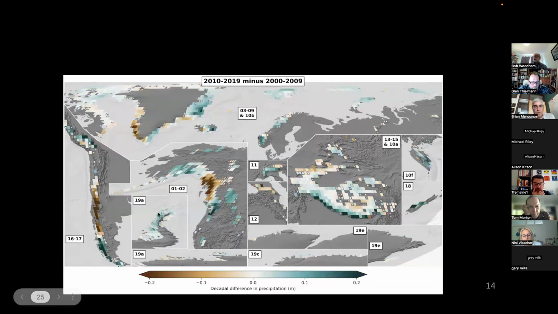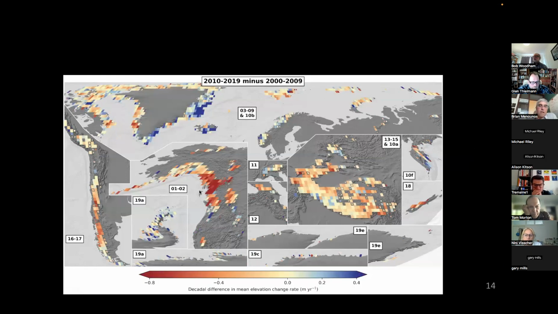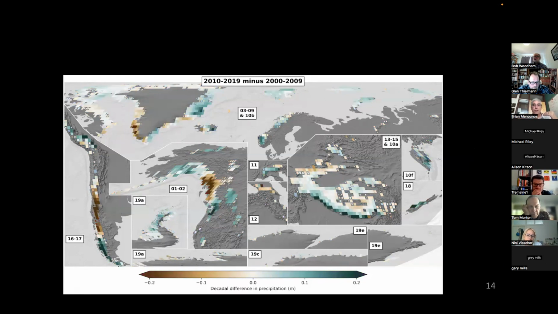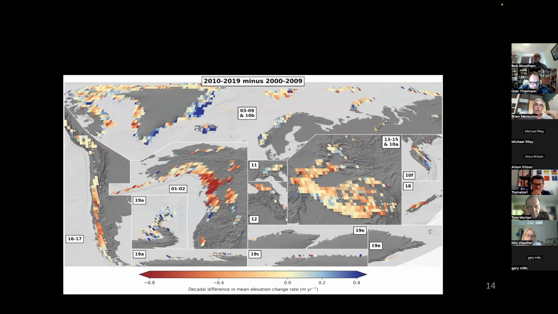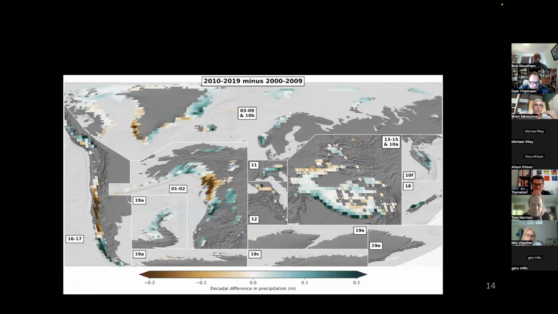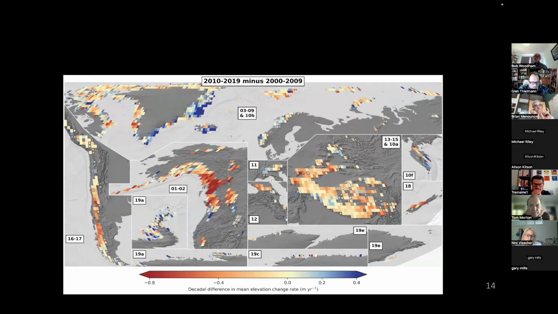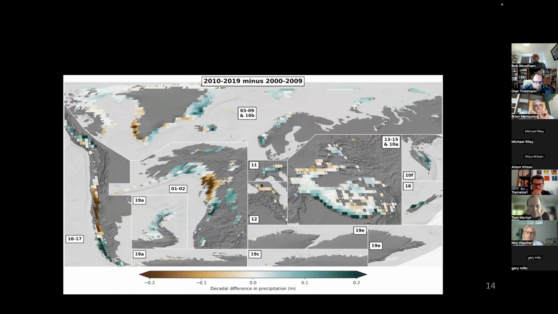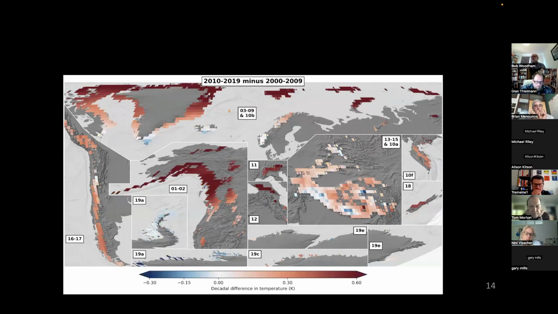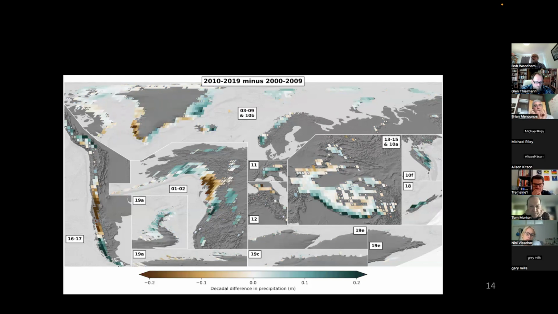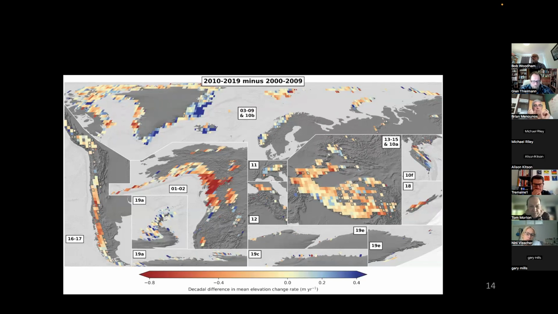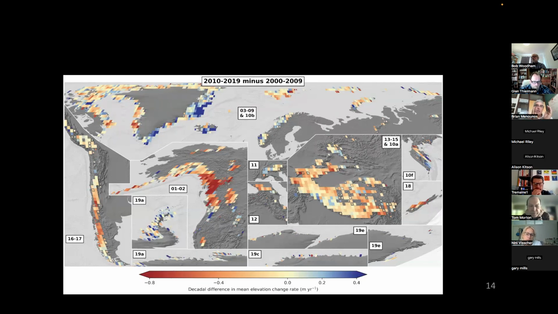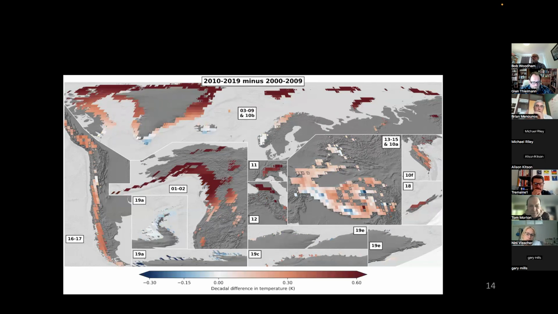And what Romain did is he then took two 10-year time periods and averaged to examine how those glaciers are undergoing elevation change through time. So you can envision this as taking the average for the first decade and the second decade and differencing it. In addition to that, we looked at climate data that's produced on a grid, and we wanted to understand the climatic drivers, that is, a change in temperature or a change in precipitation between those two decades.